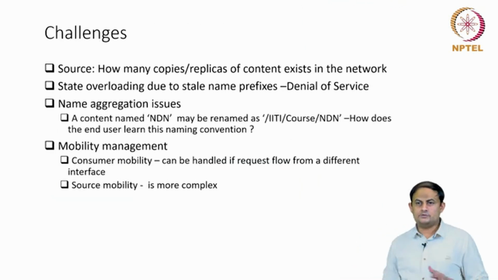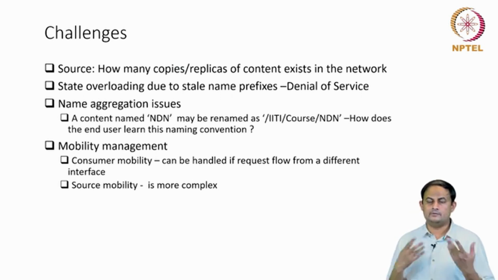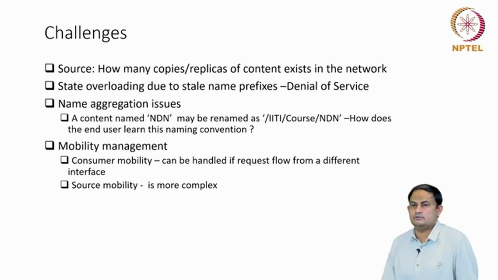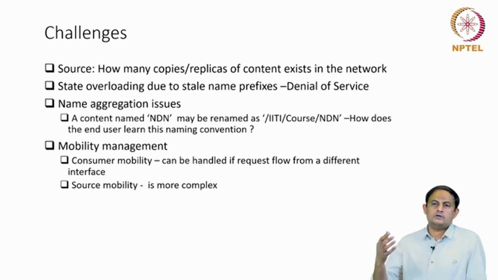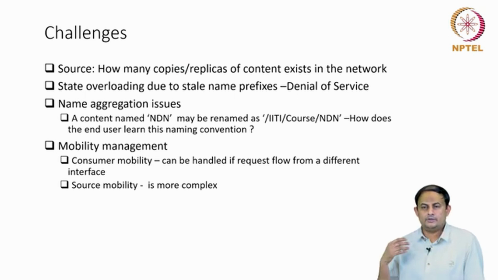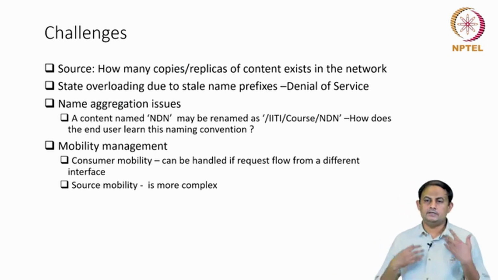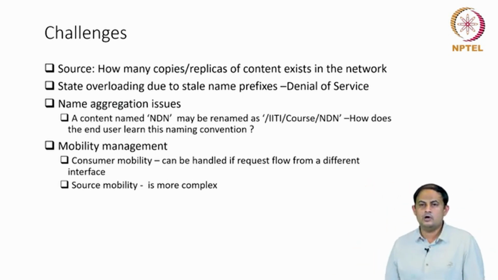So having understood all these problems and different mechanisms that we can use in the ICN network, let's now turn the table around. ICN is a nice feature to have, but what are the unique challenges that ICN brings onto the table? One of the challenges is that the source loses track of all the routers that have a copy of the content produced by itself.